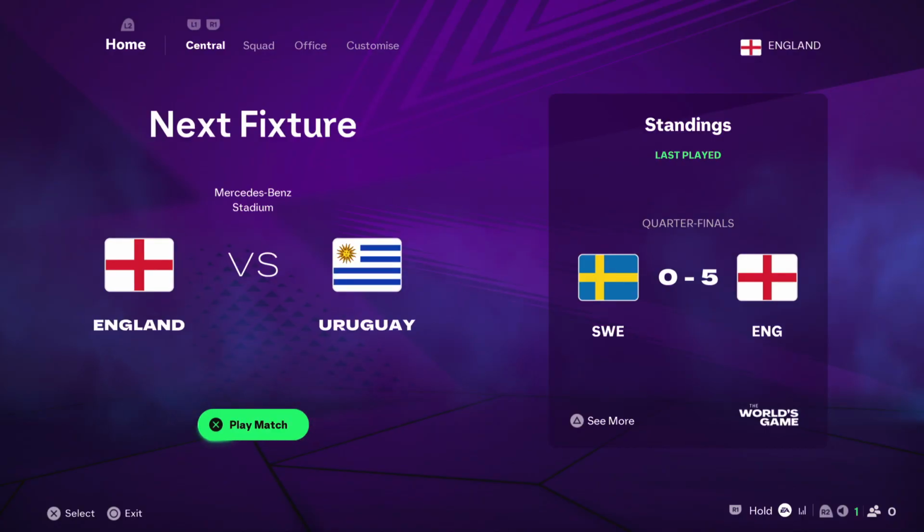Hopefully we can get to the final, but it's not going to be a big final because hardly any of the big teams have got through.